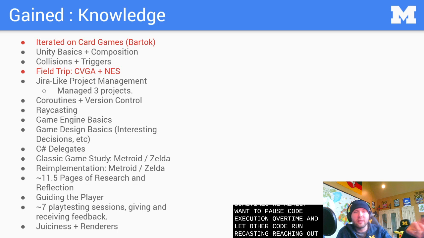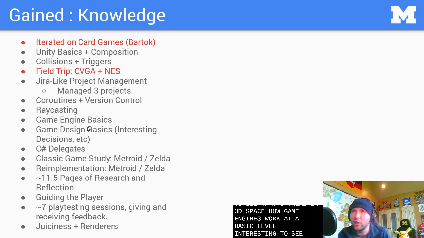Raycasting, reaching out to see what's there in 3D space, how game engines work at a basic level, interesting decisions, why, what are the elements of making a game that is going to make it engaging versus a game that runs but just kind of annoys people, right? So interesting decisions, juice, guidance, C# delegates,